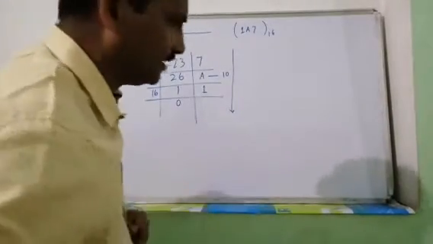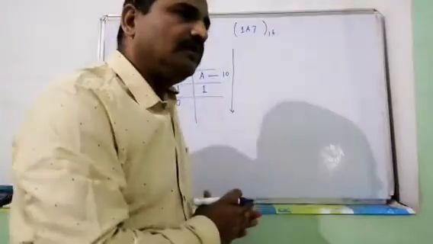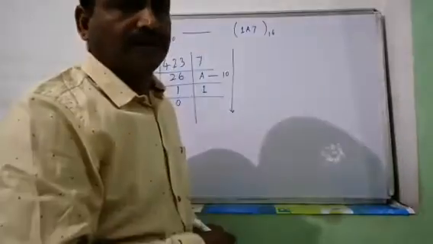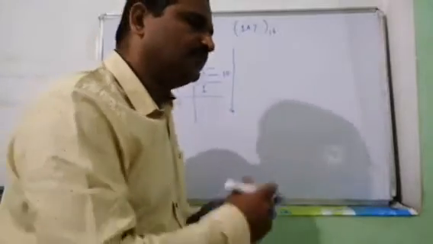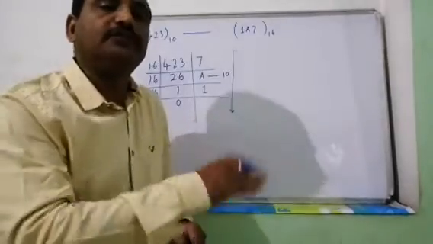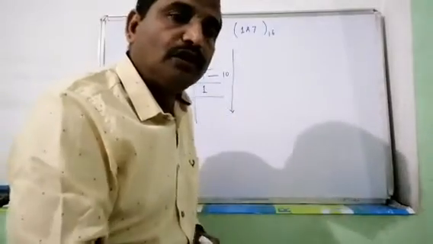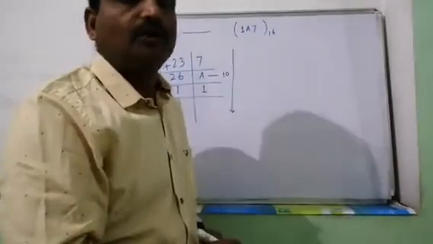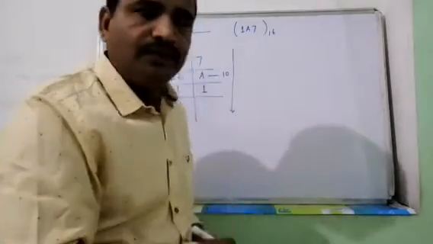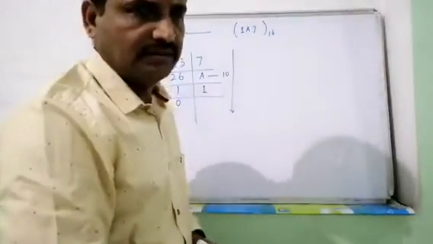So it is a very simple process and very easy to remember. From decimal to any number, if you want to convert, you have to use the repeated division method. If you want to convert decimal to binary, we have to divide by 2. If you want to convert decimal to octal, you have to divide by 8. If you want to convert decimal to hexadecimal, you have to divide by 16. One more example we will do with the fraction, decimal fraction to hexadecimal fraction. The process is the same.